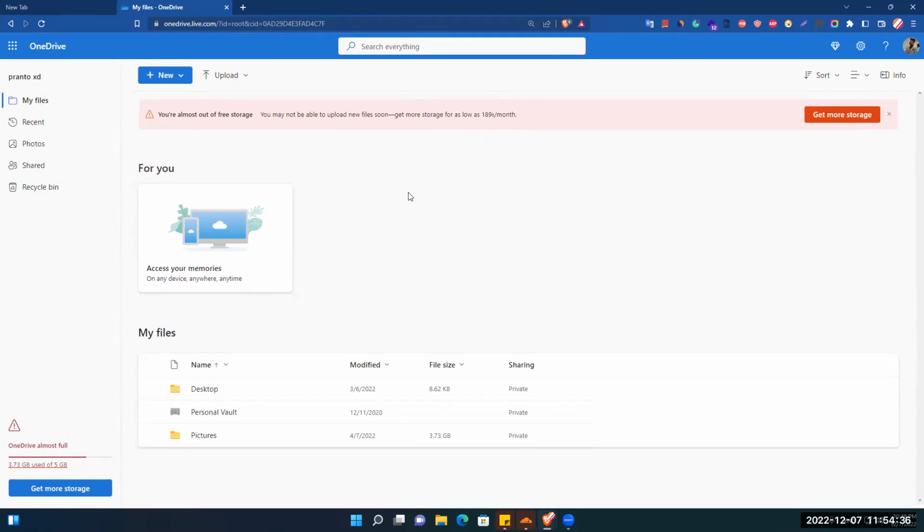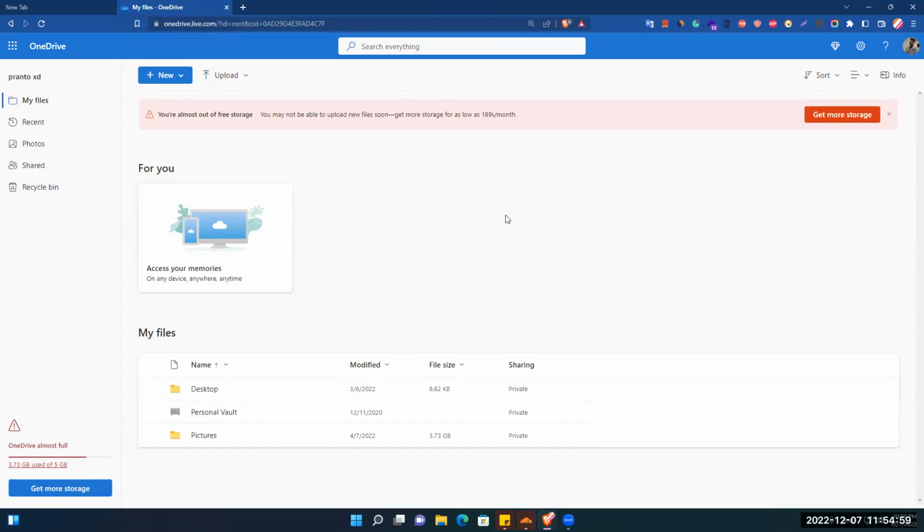If you are not at your local machine, say you are visiting somewhere and want to access your files, you cannot access your local machine from there, right? So you can simply sign in to your OneDrive and download your files.